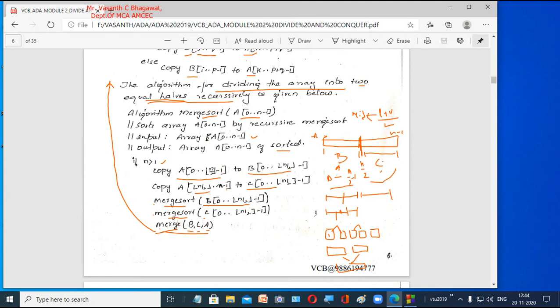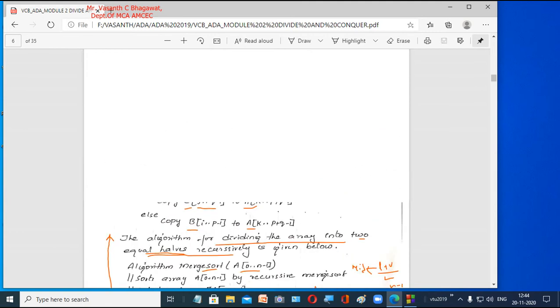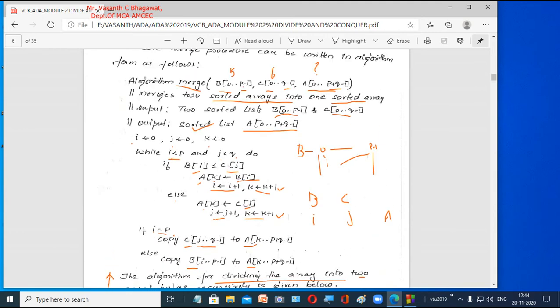Now this B and C go to another function, which we have defined. What this function does is merge, so it is called merge. It merges two sorted arrays into one sorted array, which we have already discussed.